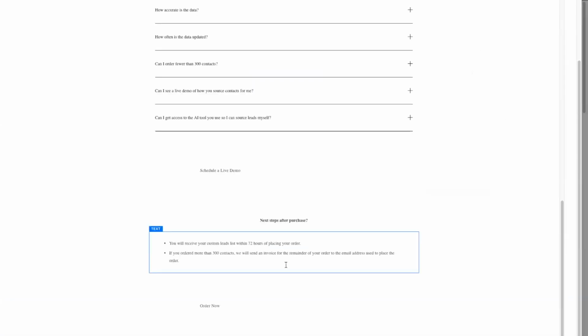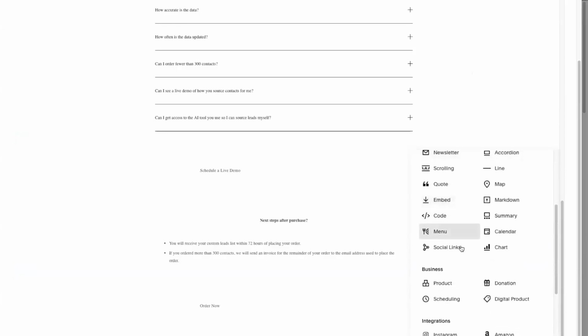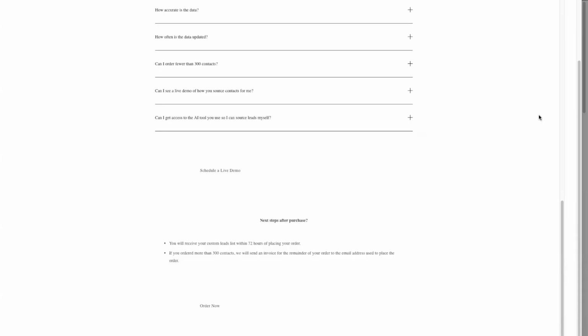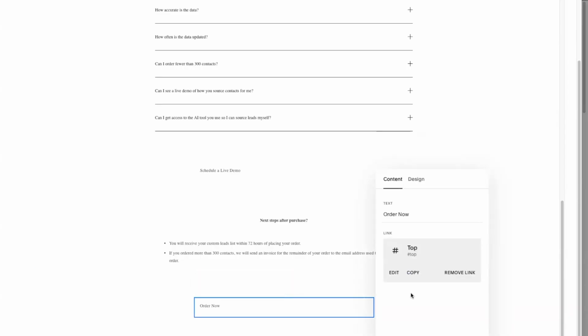So one thing that I've done on this page, I'm actually going to jump back over to the back end. If I hit the plus at the bottom, one of the blocks that you can add is product, and that's where you can repeat that add to cart button or whatever the call to action is. And I've noticed that it's been kind of glitchy. So one workaround that I've done lately is to add a button block. So in this block towards the bottom where it says order now, I'm going to click on it and edit it. And instead of linking it to an actual URL, you can put hashtag top,